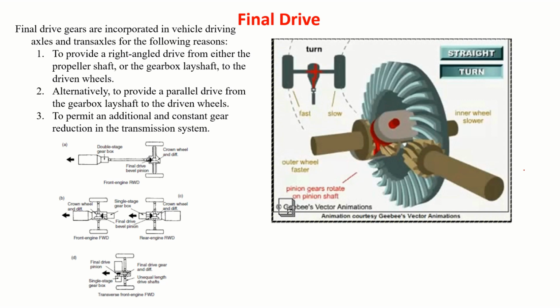Then at the end of this shaft, you have a pinion, and that will drive this ring gear. So there is a further reduction. This is what we call the final drive. Now, here you will have a differential. Using the differential, we transmit the motion to the axles. That is what we mean by final drive. Thus, there is a further reduction in speed over here.